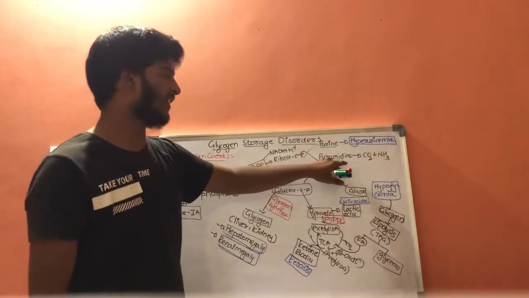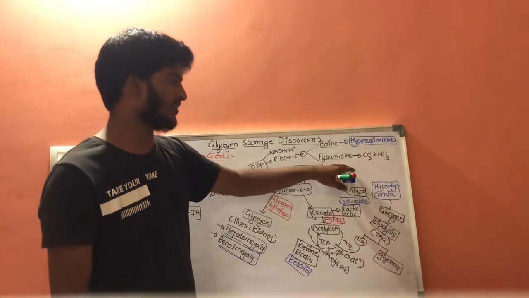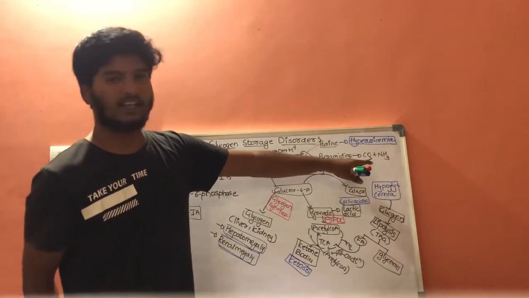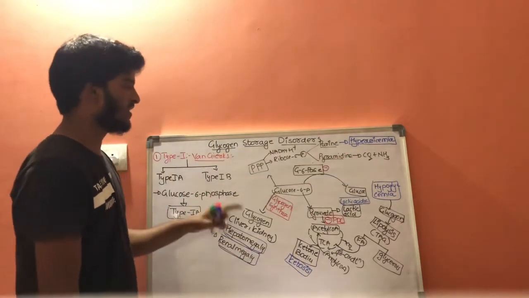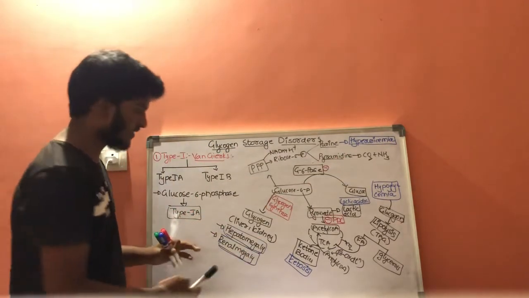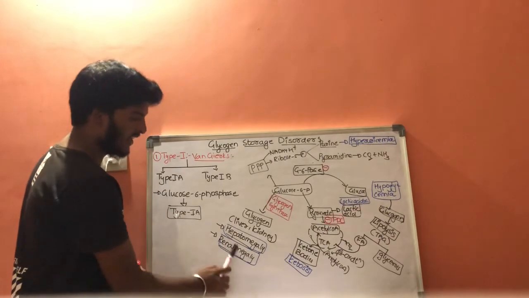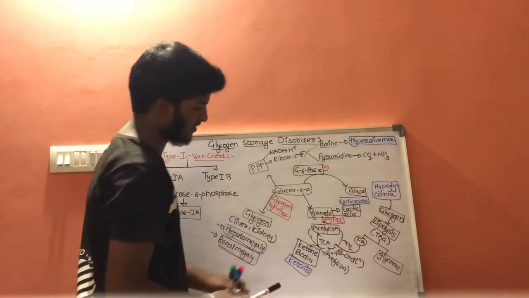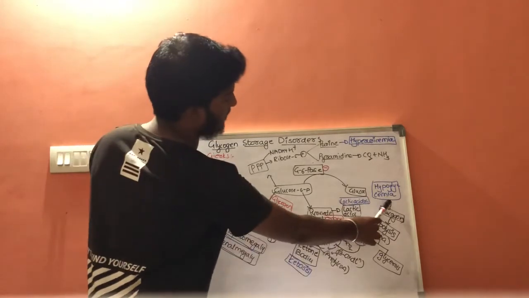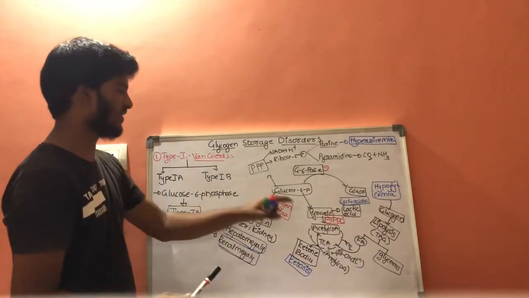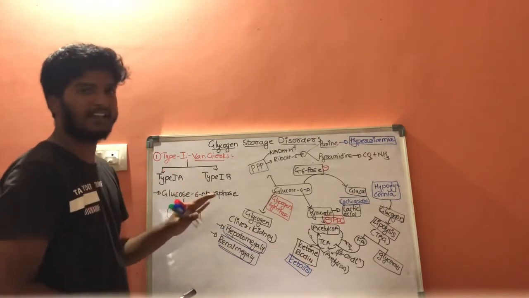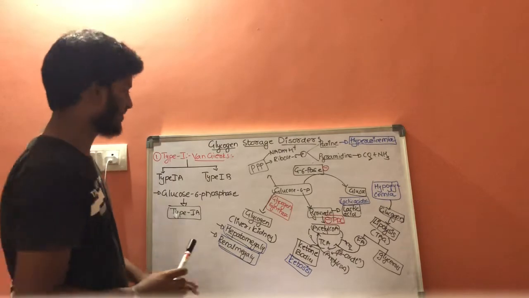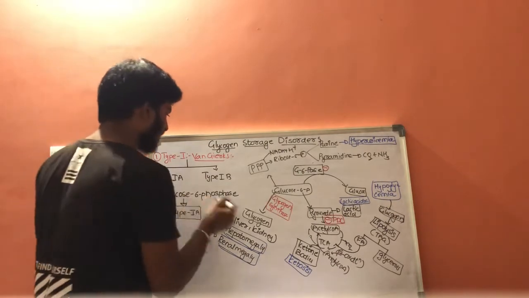And if we increase the pyrimidine synthesis, the degradation of pyrimidine results in carbon dioxide and ammonia. These are the symptoms, that is hepatomegaly, renomegaly, hyperuricemia and lactic acidosis, ketosis and hypoglycemia. These are the symptoms of type 1 Von Gierke's disease which are caused because of glucose 6-phosphatase deficiency. Now let us talk about type 1b.